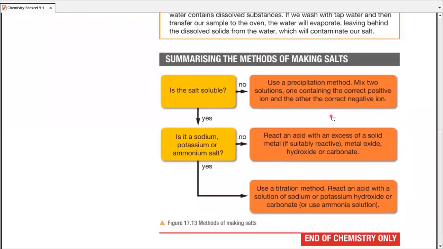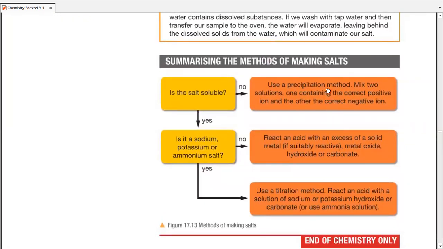Which brings us to the summary of your method. You really use three methods. The first thing you need to ask yourself before you pick a method is, is the salt soluble? If the answer is no, use the precipitation technique because we use this technique for all insoluble salts. If the salt is soluble, think about the salt. Is it a sodium, potassium, or ammonium salt? If it's not, you need to take excess of the solid, react it with a little amount of acid, and form your salt. Of course, the next steps would be